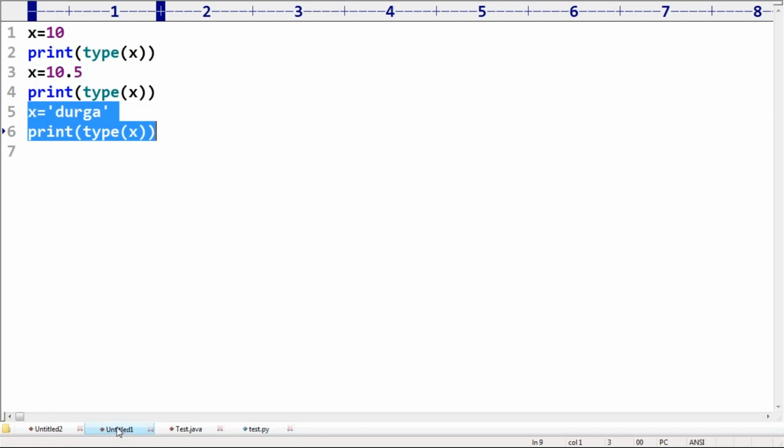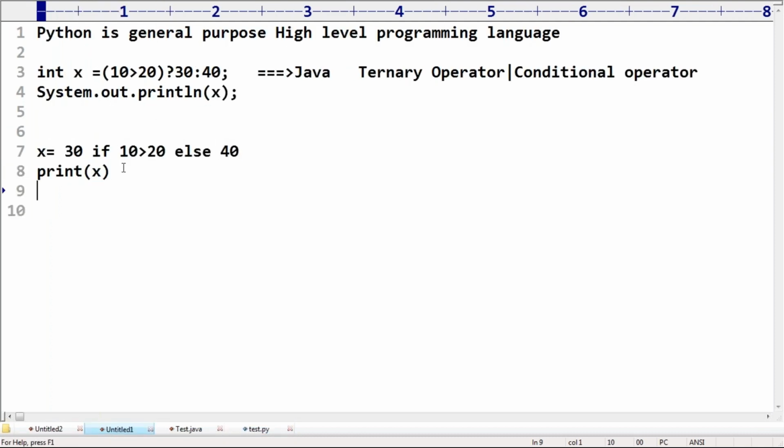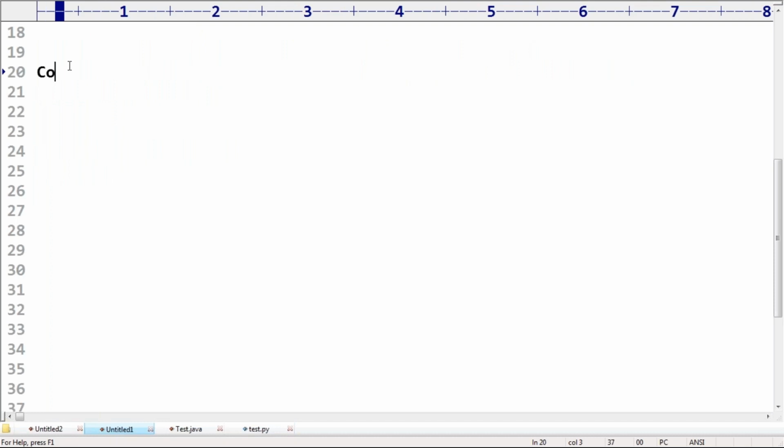That's why the biggest specialty of Python is concise code. What is the meaning of concise? Concise code is nothing but very short code. If it is 100 lines of code in Java, in Python just 2 or 3, or 10 lines are enough. With relatively fewer lines, we can do the same activity when compared with Java. Clear?